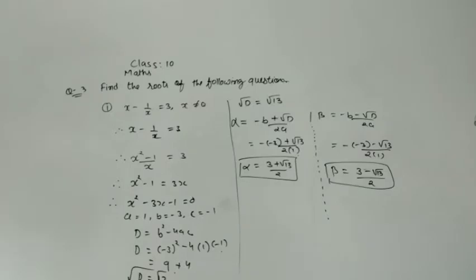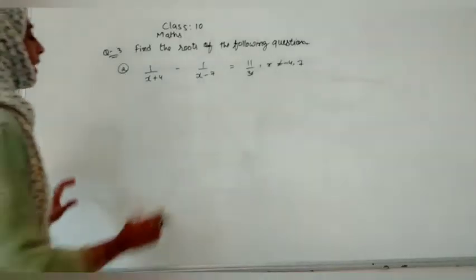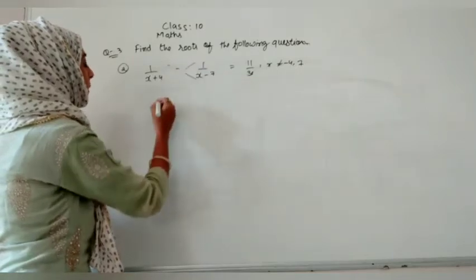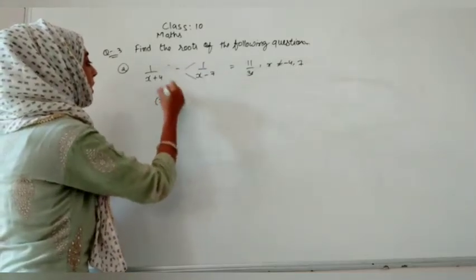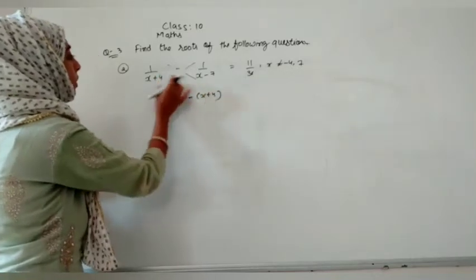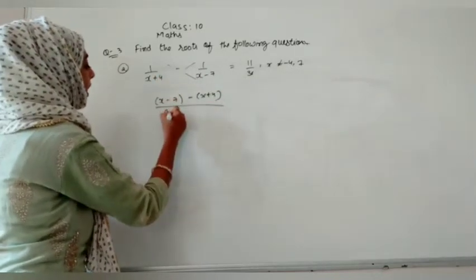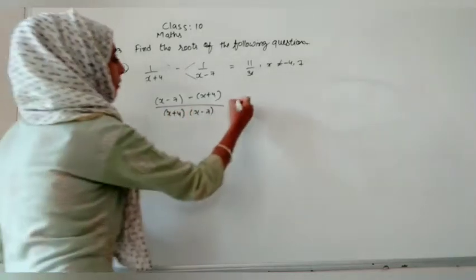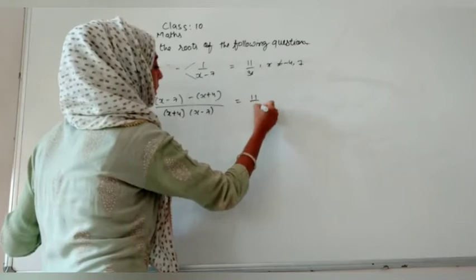Question number 2, you have to do according to this same method, but it is not asking for this directly. Here, as you can see, the denominator is in a different form. So let us multiply. It will become x minus 7, and here x plus 4. These both are in multiplication. So we will write x plus 4 in the bracket x minus 7, and here 11 upon 30.